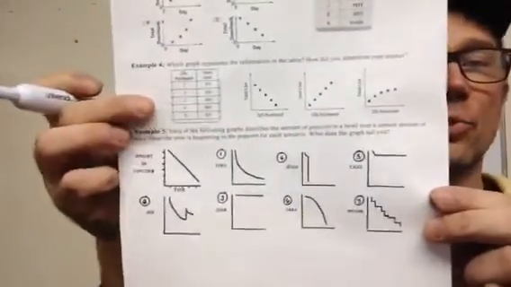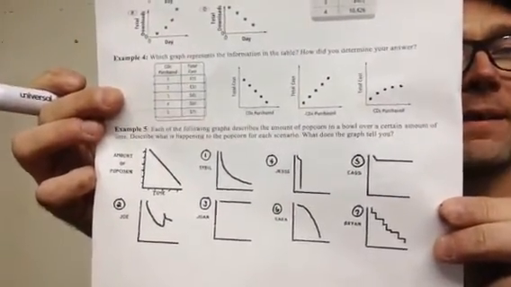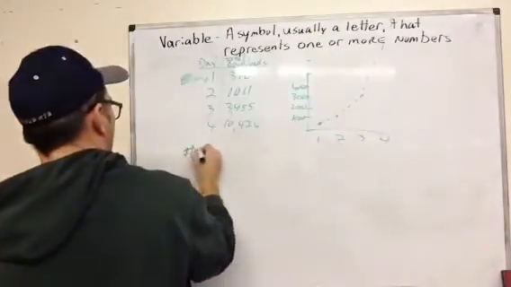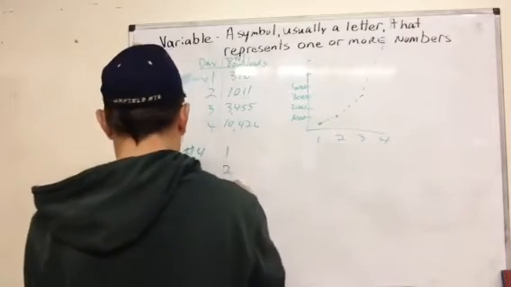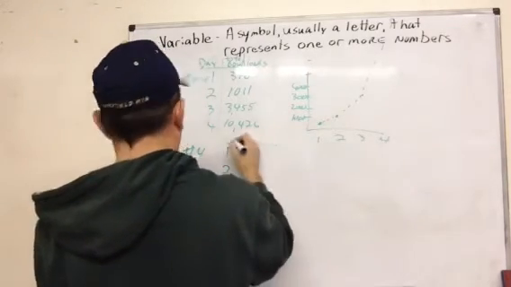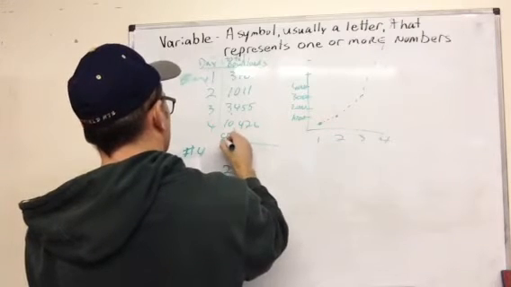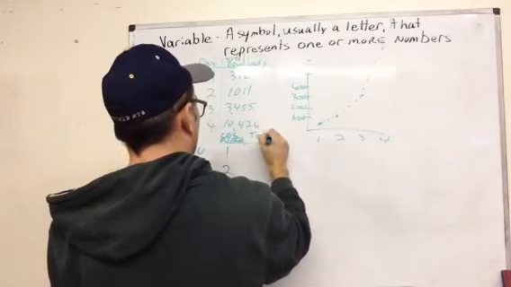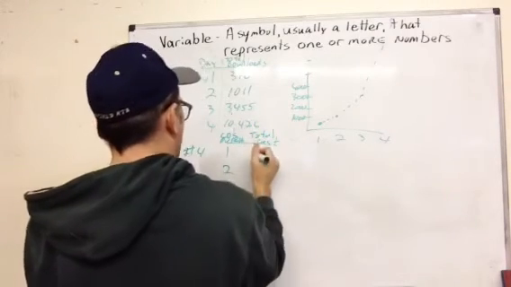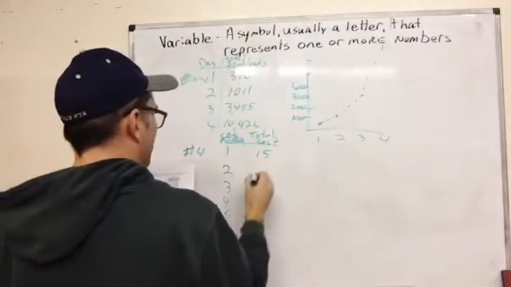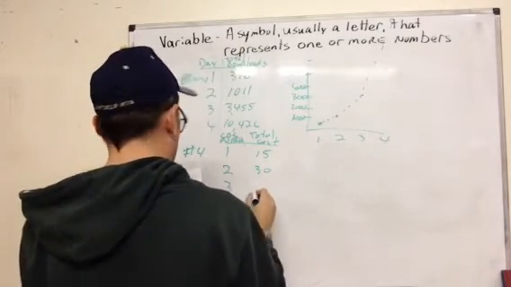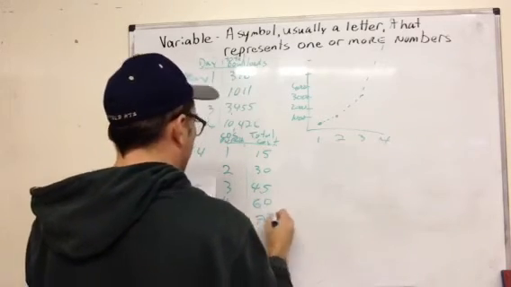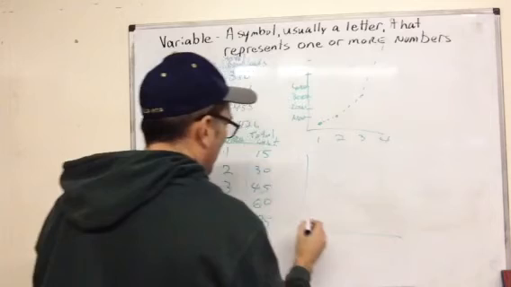Now I want to look at this last one. So the example number 4, we have CDs purchased, and we have the total cost. So here's my two variables. So if one CD is purchased, make $15, then $30, then $45, $60, and $75. If we were graphing this,